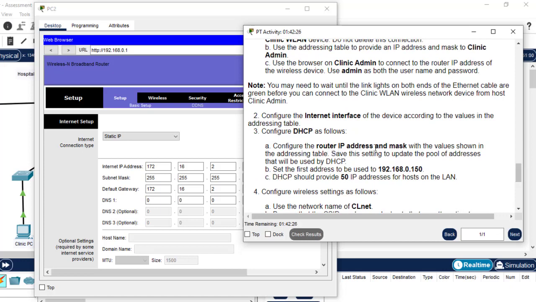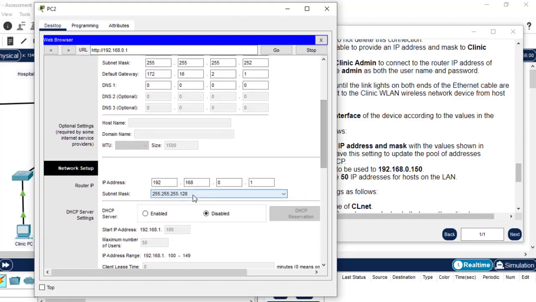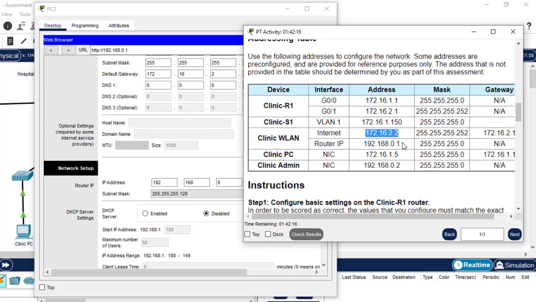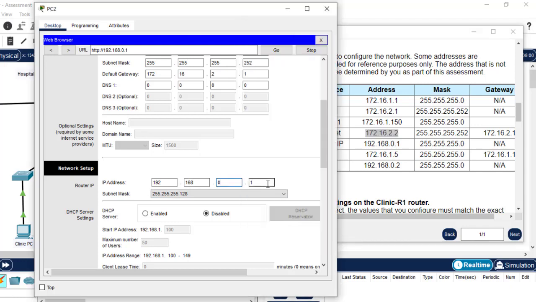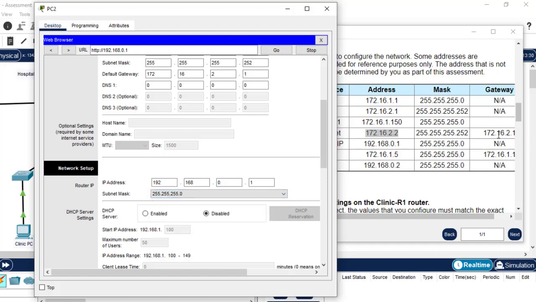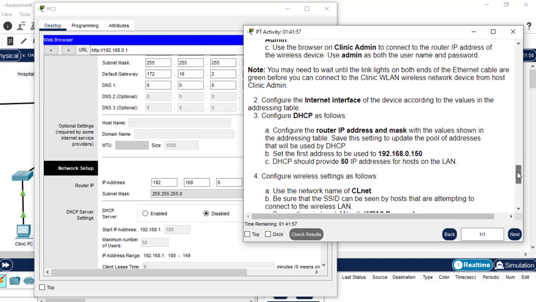Configure the router IP address and mask address. So we move down to the router's IP address. So the router's IP address was this one, 0.1. Okay, and the subnet mask of 255, this one. Okay, so that's done. Then we move down to set the first address to be used as this one,